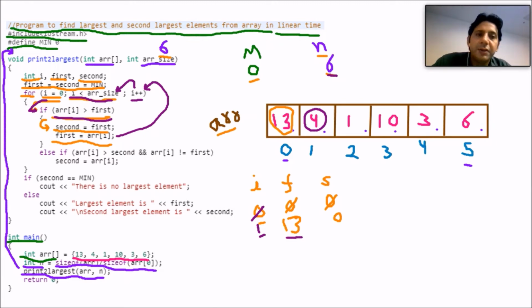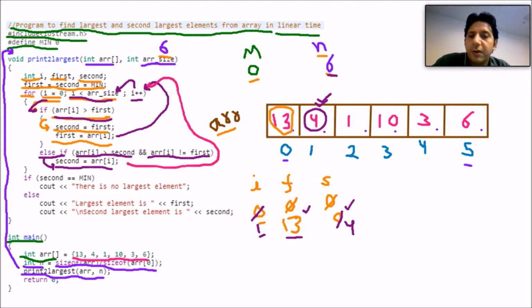So the if will not execute, else if will execute. Else if arr[i] greater than second: is 4 greater than second? Yes. And arr[i] not equal to first: this 4 is not equal to 13, yes. Both are true, so this statement will execute: second is equal to arr[i]. So the second value will be changed to 4.